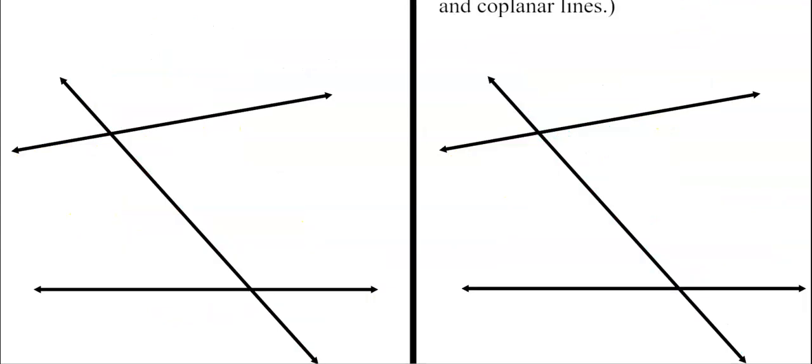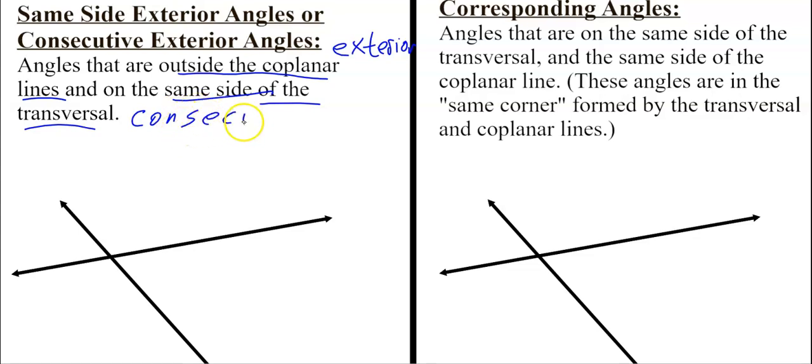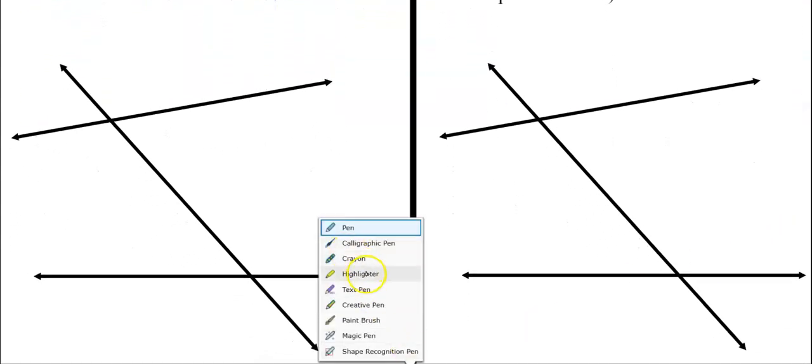Next on the list is going to be our consecutive exterior angles. Notice again, they are consecutive, exterior. Outside the coplanar lines. When we are outside the lines, coplanar just means they're on the same plane, remember. Outside the lines, that means we are exterior. Same side of the transversal. That's our consecutive. So our consecutive exterior angles, they're going to be on the same side of the transversal, but on the outside